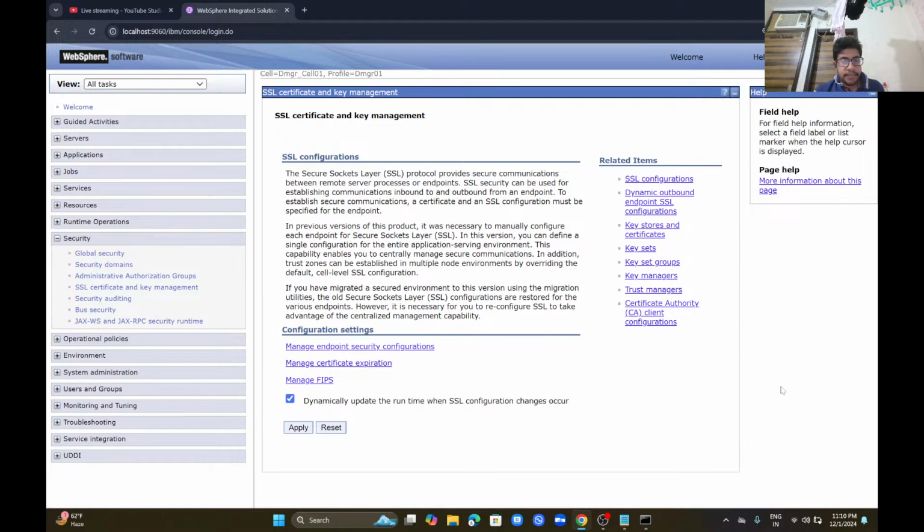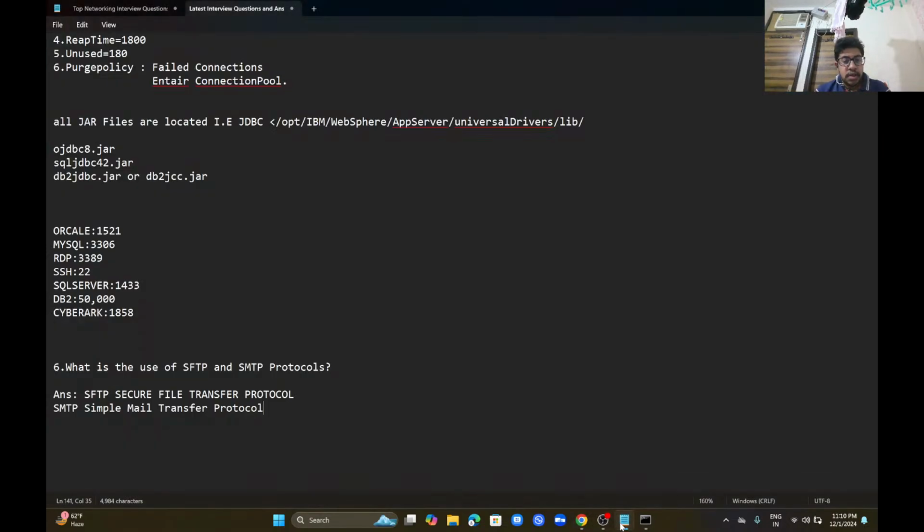Okay, so here 587 is the SMTP port number. Okay,